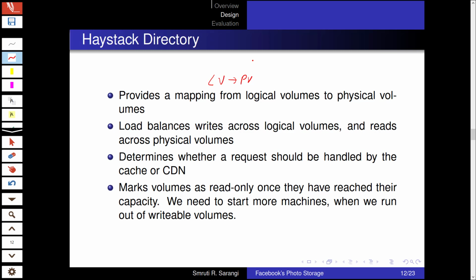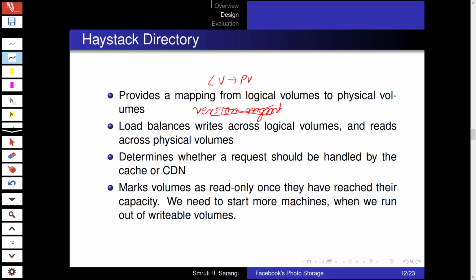We don't really need to read from a quorum of replicas. There is no version management, right? The version management and so on that we had in Amazon, all of this is not there. We can just send it to any one replica and read. And every single photo is protected by a checksum, so there are internal mechanisms of finding out if bits or bytes have been corrupted or not.